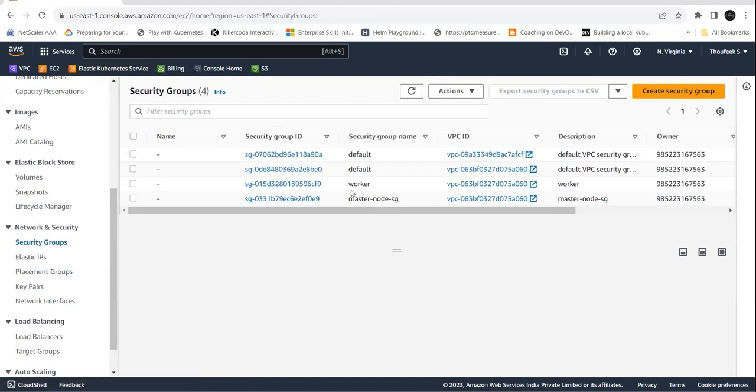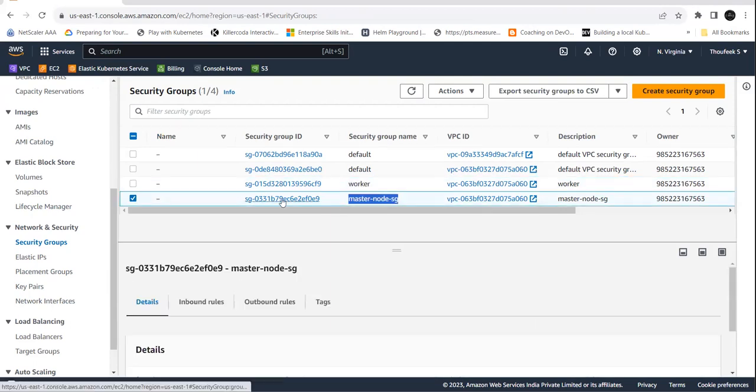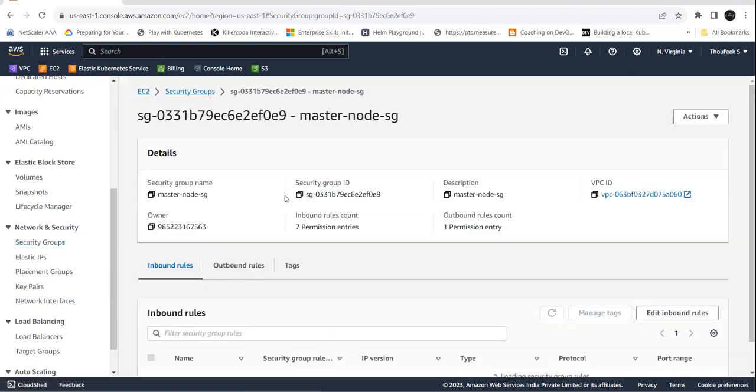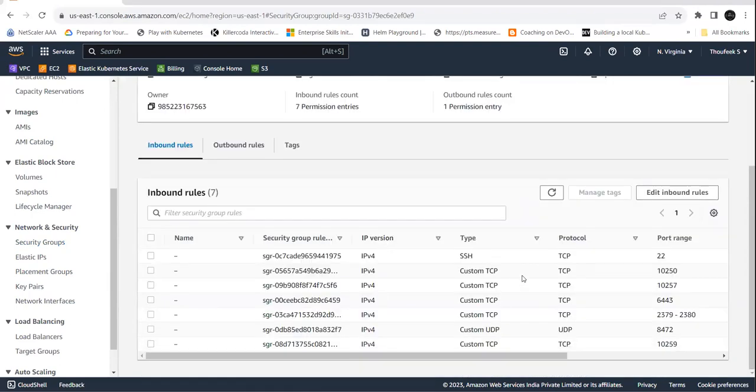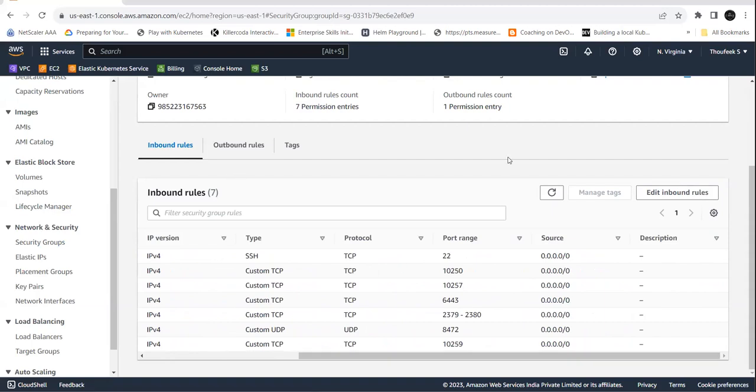So here I already created two security groups, one for the worker node and one for the master node. So I'm just opening it. These are the ports I am enabling here. All are inbound ports. For SSH I am enabling. Then this is for